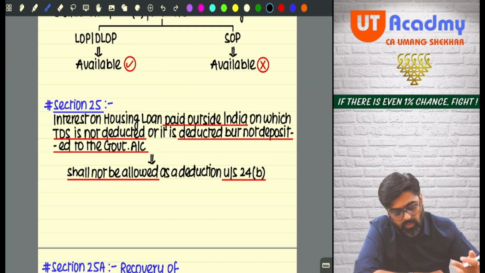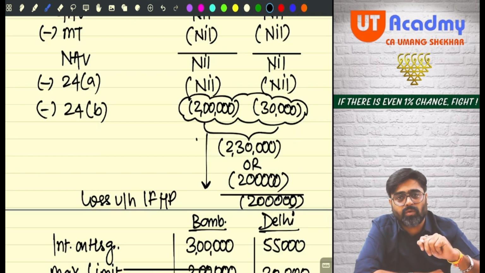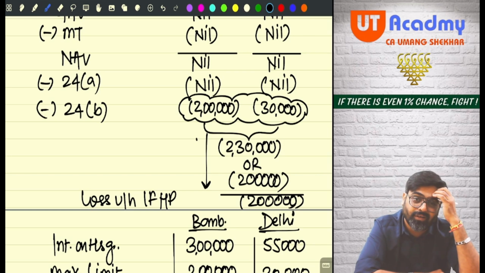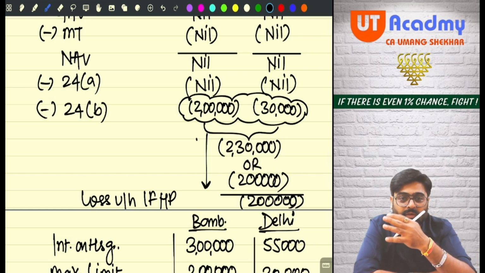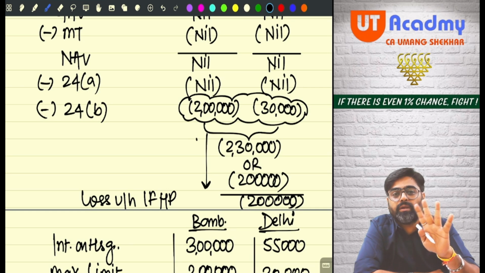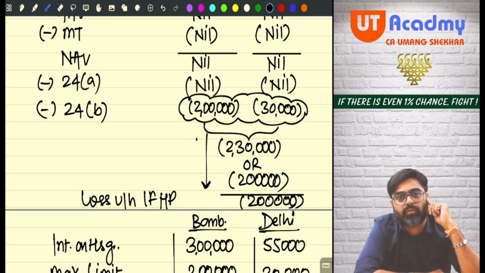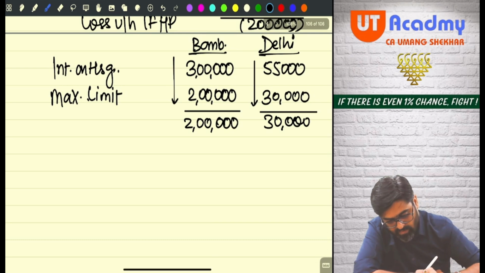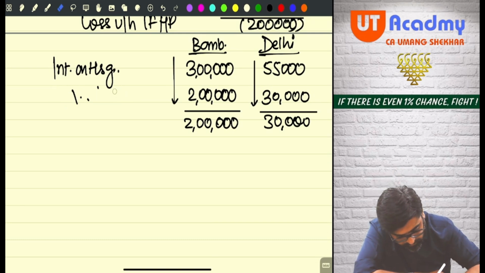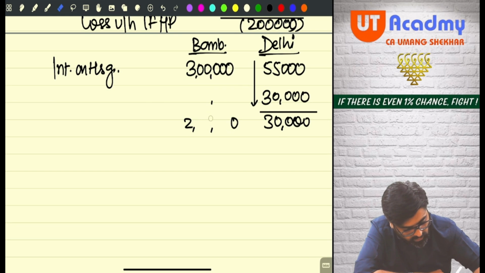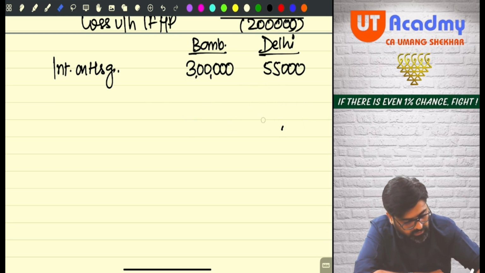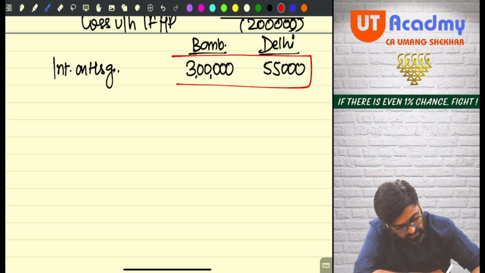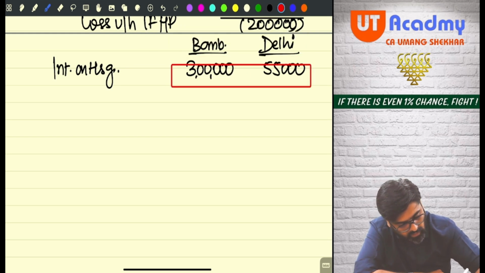Come on. Now let's come to the... Now wait. In that question only, should I twist a little bit? In that question, if they are telling you that assessee is following 115 BAC, he is not shifting out, he is following 115 BAC, then you will go here, you will not write down these limits. Okay, first you will calculate what? Interest. First you will calculate interest and you will put this interest in the box and you will say